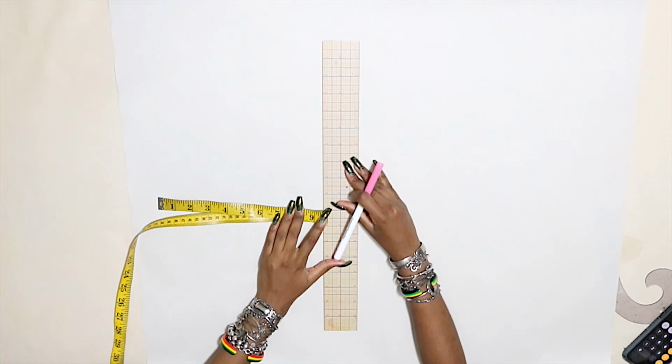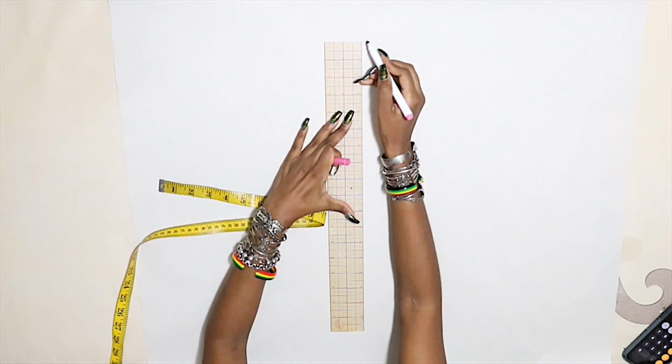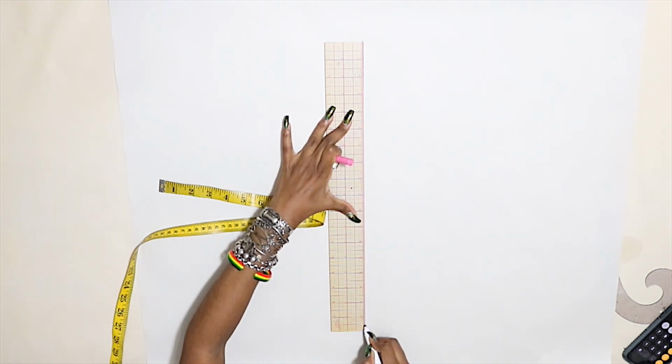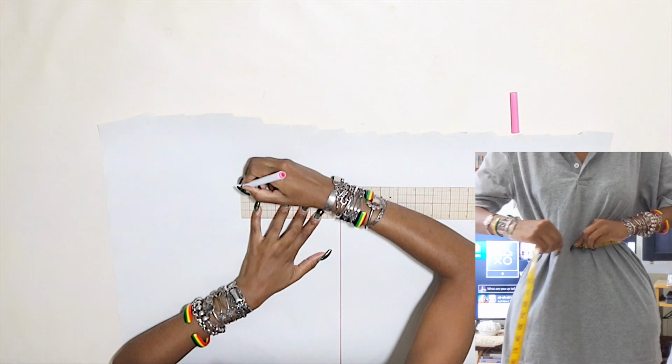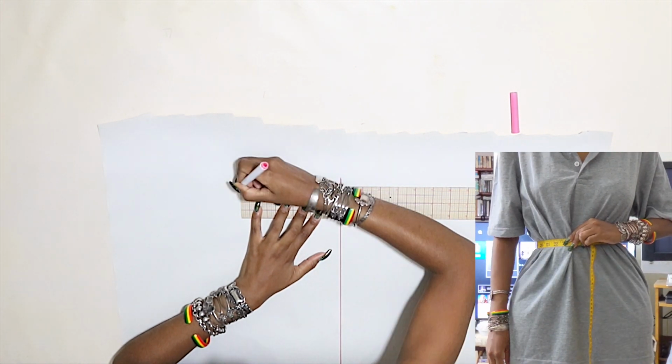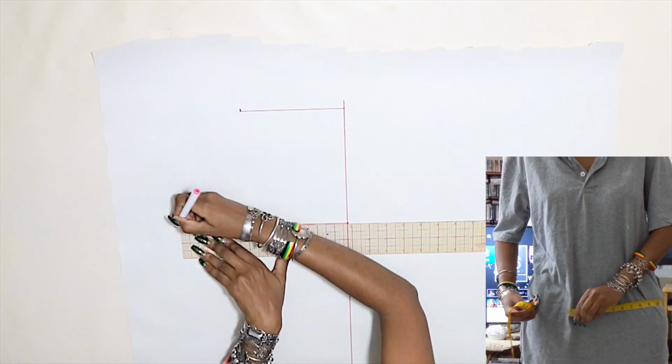First, we're going to draw a straight line which represents the length of our skirt. I did mine 15 inches. That's usually the length of a mini skirt. Then at the top, we're going to get our waist measurement and divide it by 4. Just mark it there at the top, and then 7 inches down, we're going to get our hip measurement and